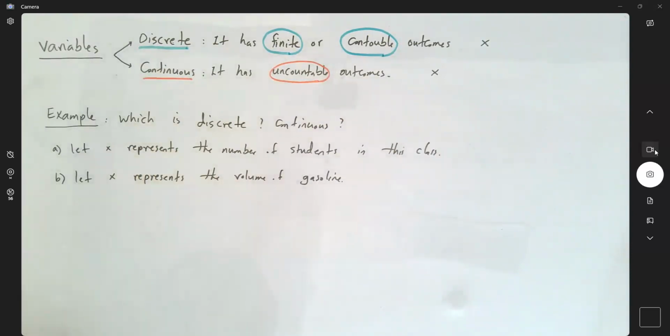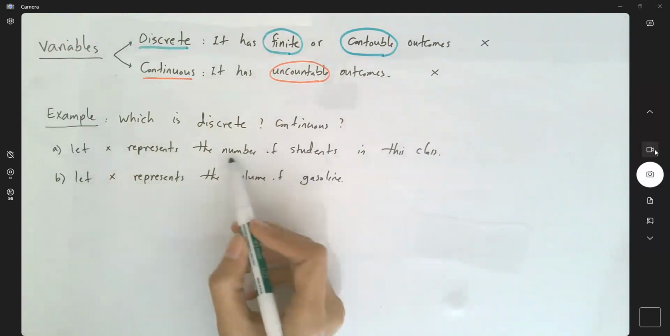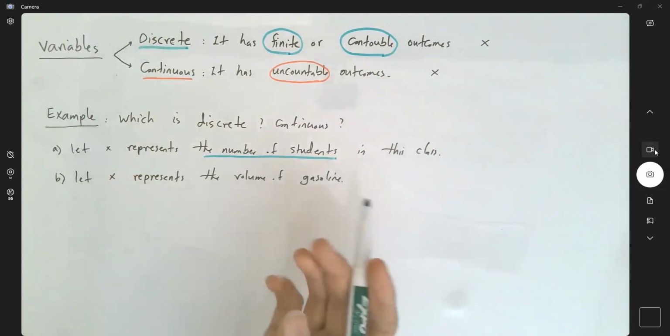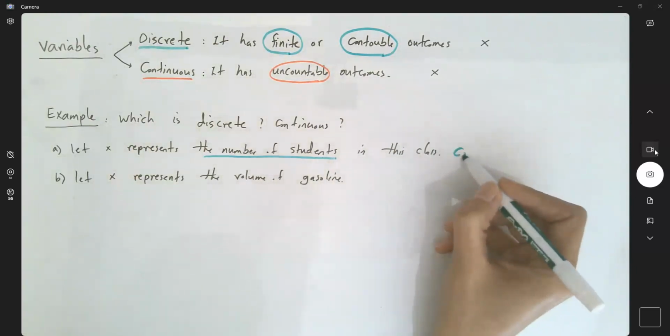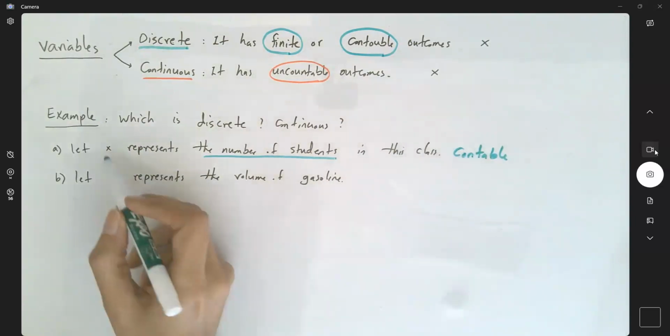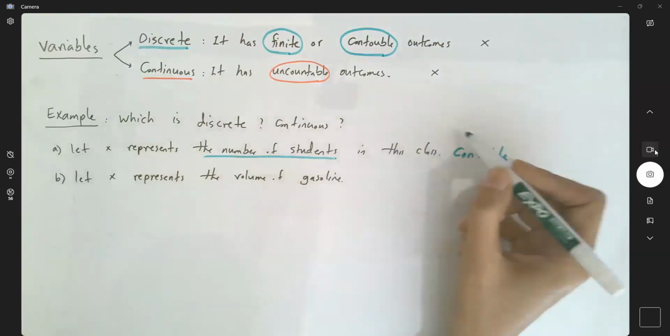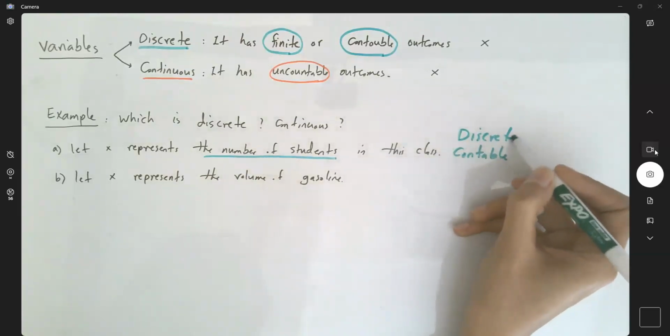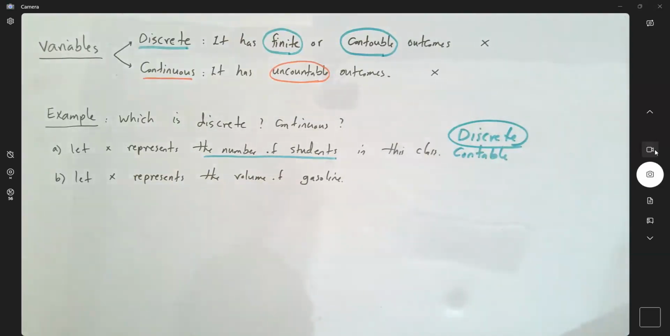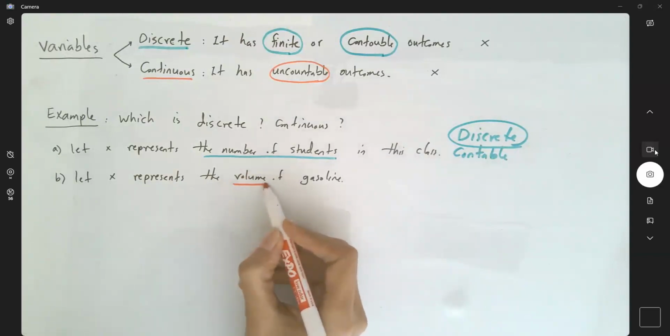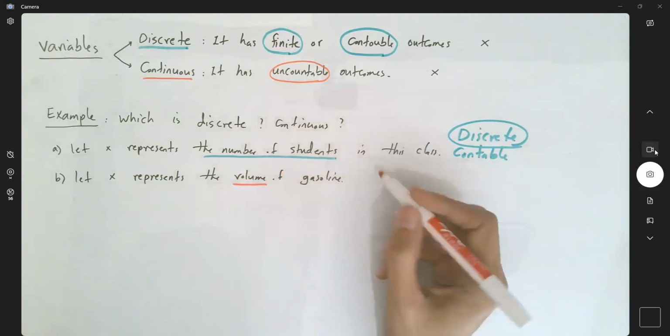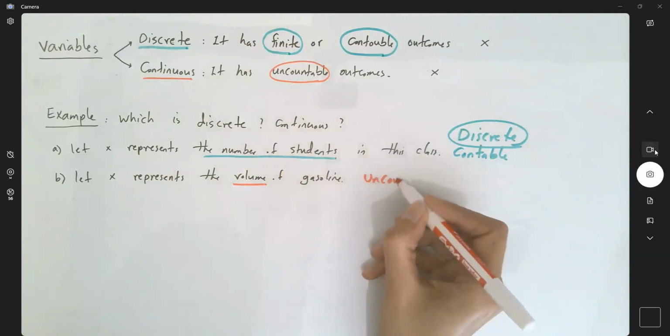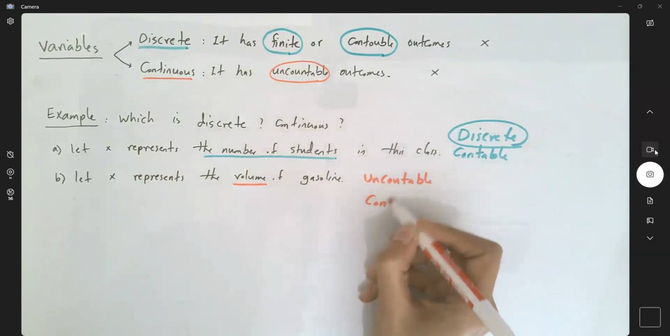So let's take a look at the first one. It says, suppose x represents the number of students in class. It means that I can count it. I have 1 student, 2 students, 3 students, 4 students, 5 students, and so on. So this is countable. So x, variable x, represents a discrete random variable. However, for the second one, when x represents the volume, it is uncountable. There is no way you can count the volume by hand, right? It is uncountable. So it is a continuous